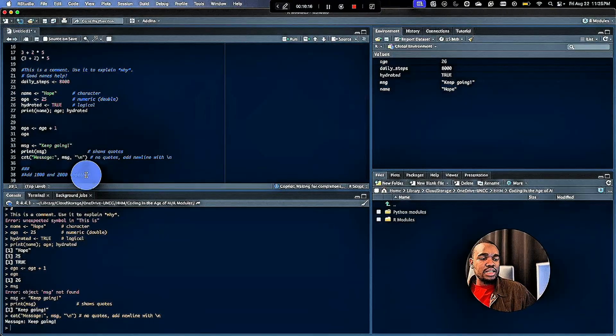Now I press enter, and you see that Copilot is suggesting the code for me. To accept this code, I can press on tab. So now it's giving me the code to add 1000 and 2000. You can see that in the comments I wrote what I wanted to do. So Copilot reads that and provides plausible codes for me to run. If it's what I want, I accept it by pressing tab, and if I don't want it, I'll just move on writing my script. So that is an added advantage to your RStudio,